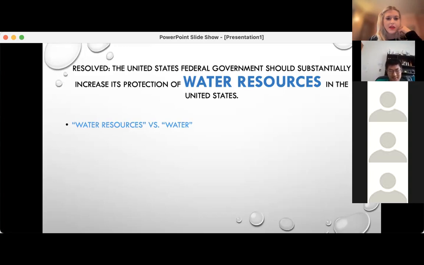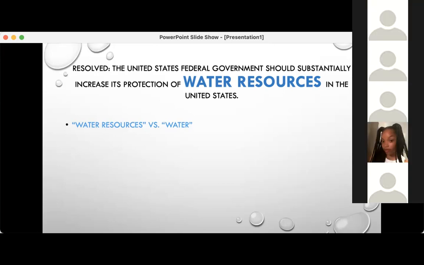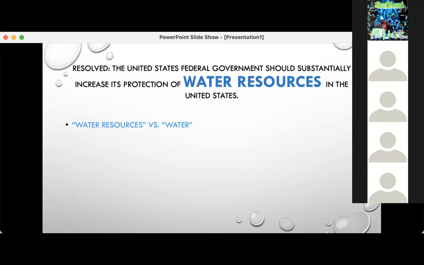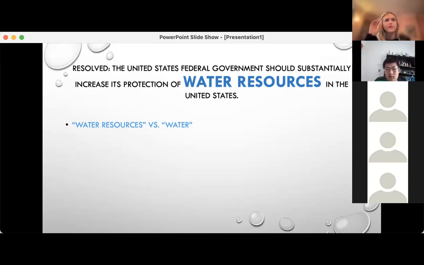But I think that the key word that Tony brought out here was usable, right? So resources are usable for humans. Any other guesses or things that you're thinking of that would set water resources apart from just thinking about water as a huge body of water or these little bodies of water? Specifically, what's a water resource?